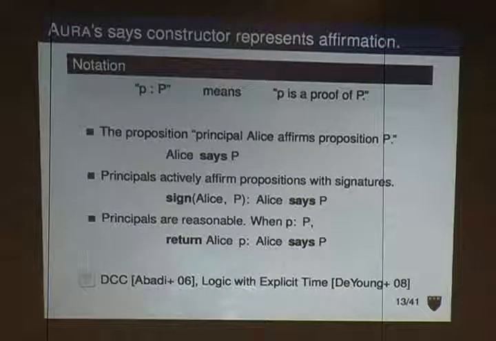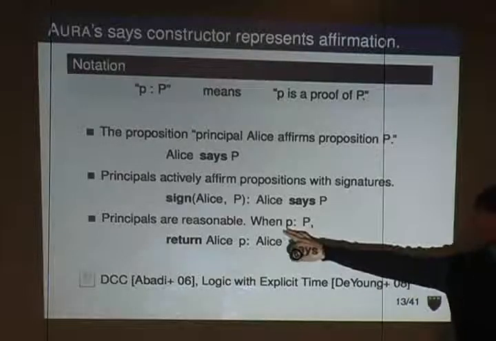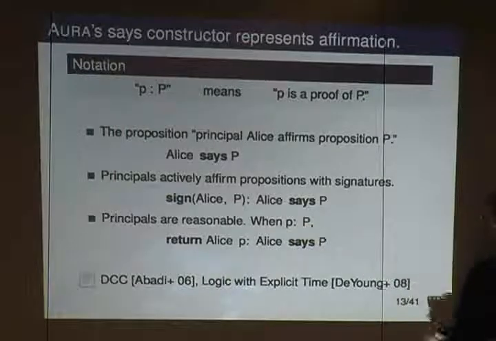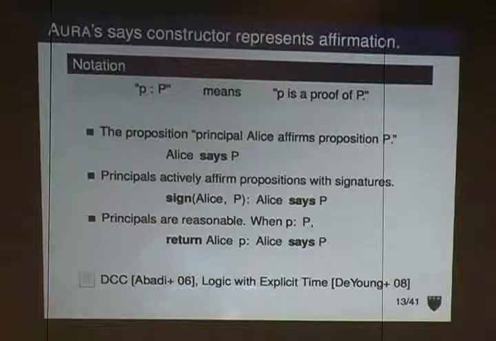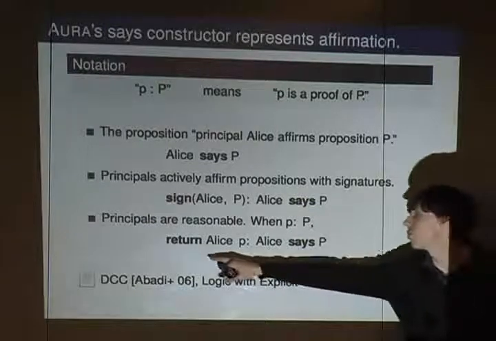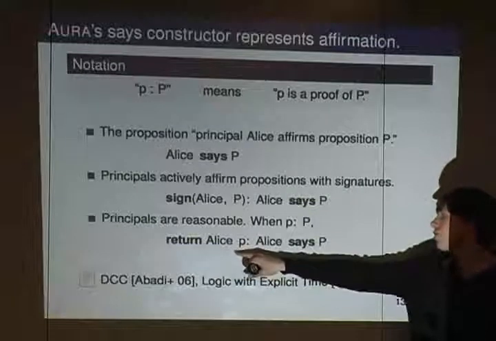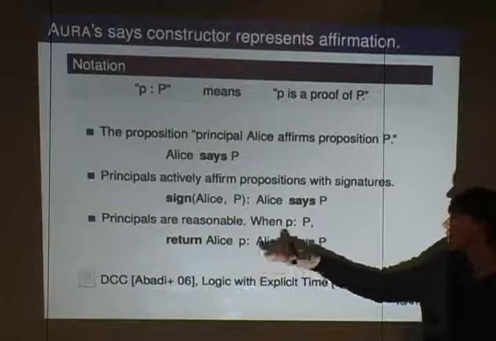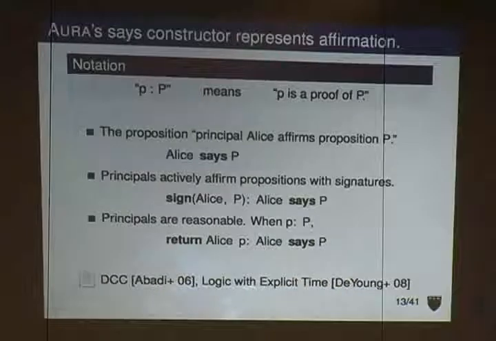The second way is we have an assumption the principals are, in some sense, reasonable. And if we have a proof that big P holds, we're going to assume that if we showed Alice that proof, she'd believe it, because proofs, you can't argue with a proof. Proof's true. So we use this notation return to Alice P, and this is going to say, let us conclude that Alice assumes big P holds. And this style of reasoning for access control has its roots in a language called DCC that Martín Abadi looked at over the last 5 years.